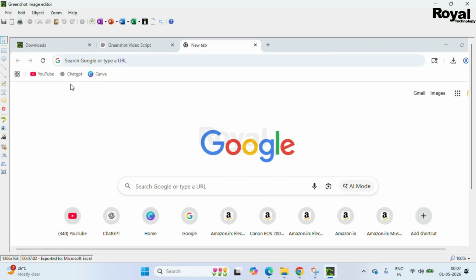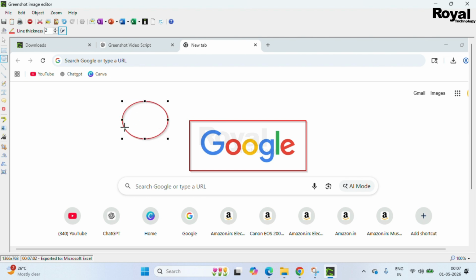Let me close that, and a few other options are also here. These are the editing options. If you want to select a particular portion, you can select it. Over here we have a few more options like this, then this line and this arrow.